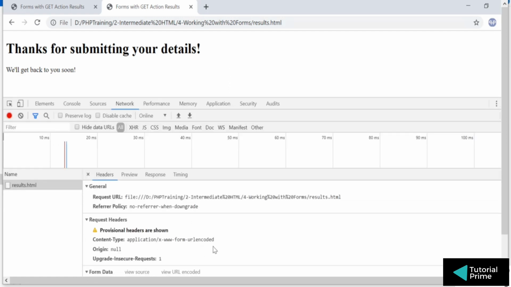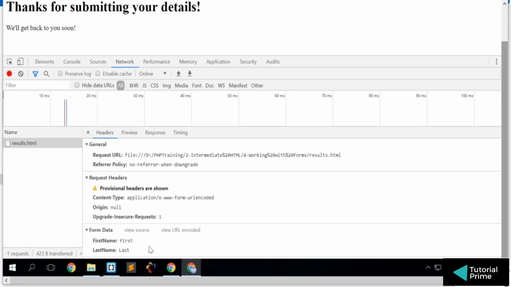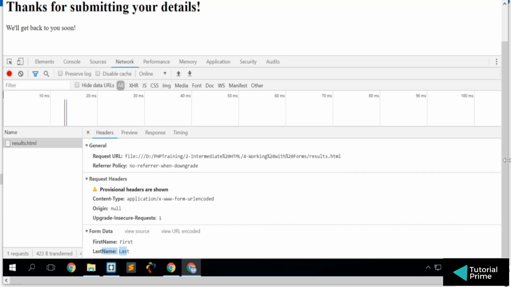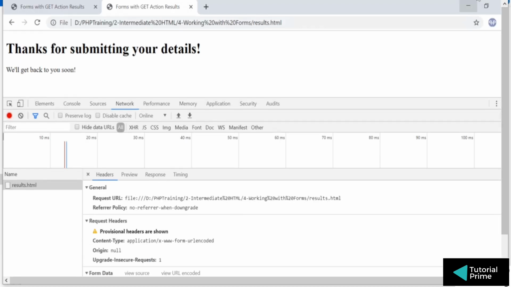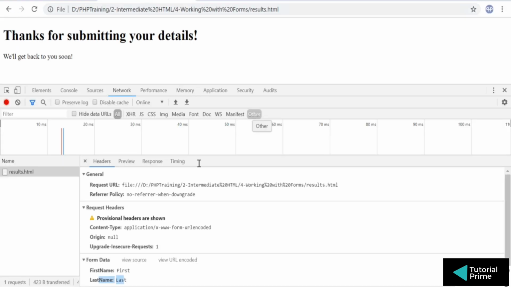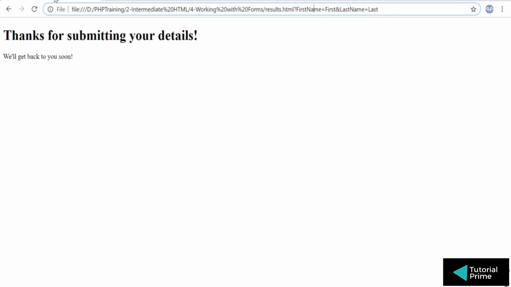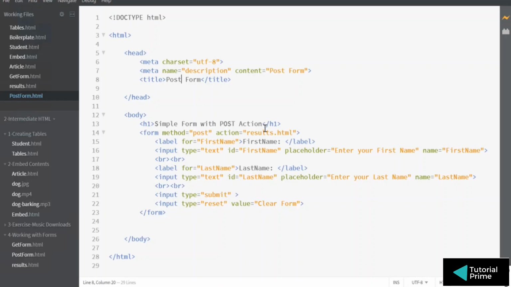If you open up the form data, you should be able to see the first name and the last name. So with post it is sending in the header, but when you use get, it is sending in the URL. So that's basically the method called method post and method get.